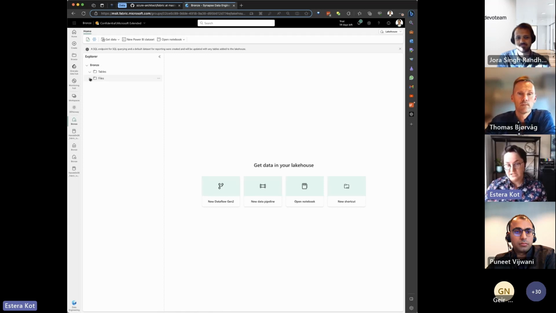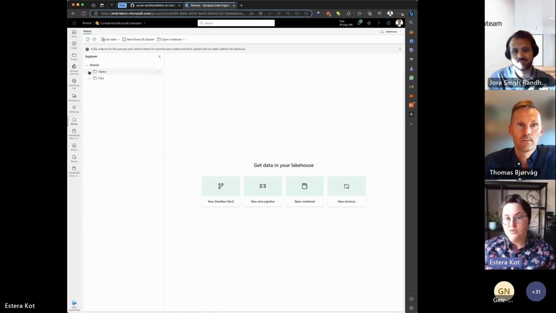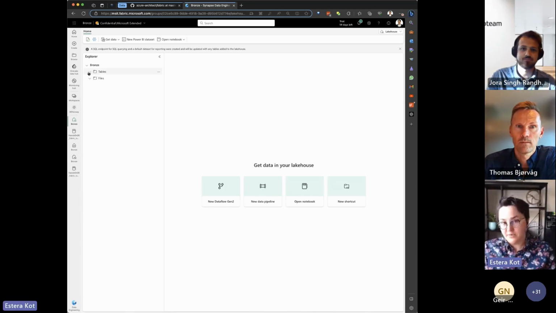And the best advice is, if you want to load something to tables, the data must be in a table format, Delta Lake tables. So if we have CSVs, Parquets, whatever the format is, whatever the file is, the advice is to load it to the files section.